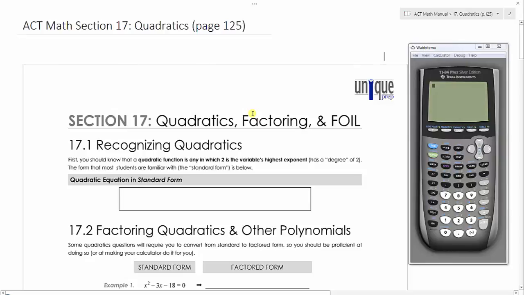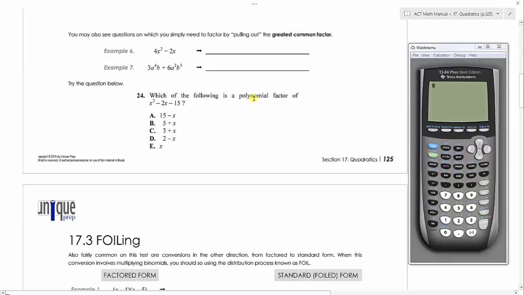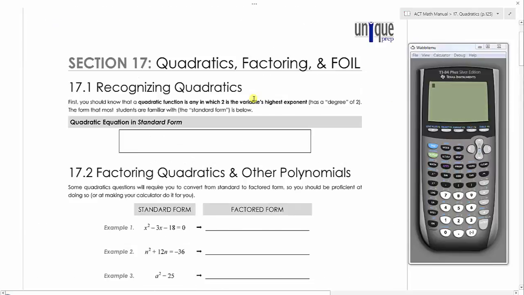This is section 17 of the ACT Math Manual, Quadratics. This is page 125 of the Math Manual, again, section 17. Quadratics, factoring, and FOIL. You are going to see on every single ACT several questions that deal with these concepts,